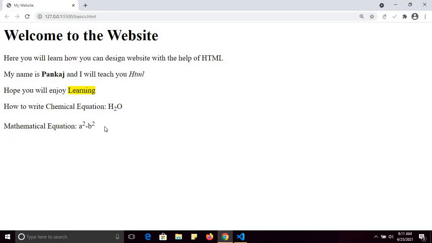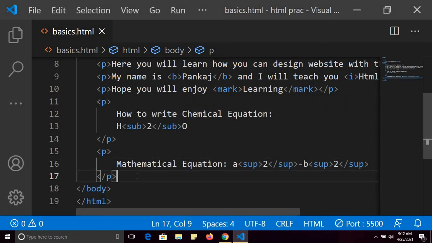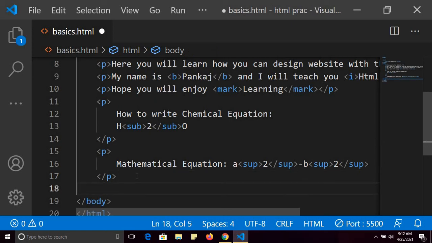So see how many tags I have discussed. H1, paragraph, bold tag, italic, mark tag, the subscript and the superscript tag. These are some basics, and let me explain another tag, and that is the HR tag.